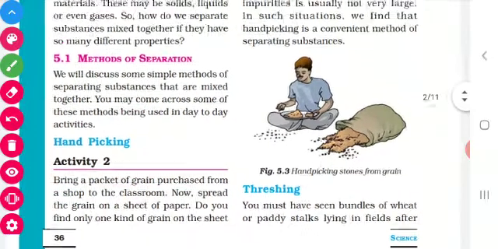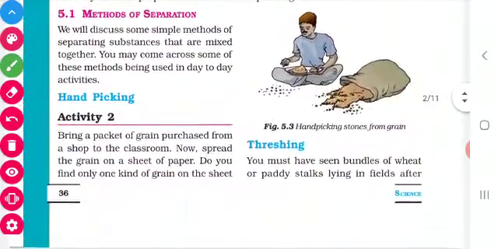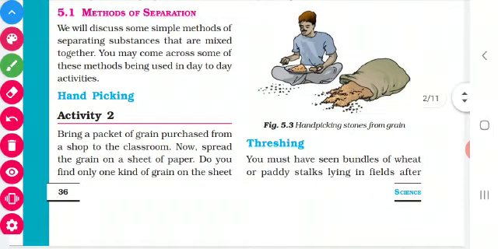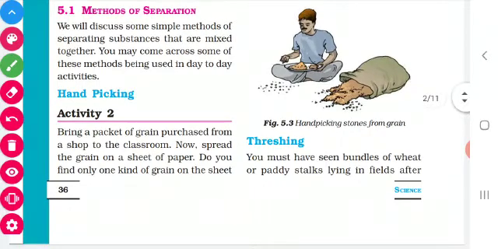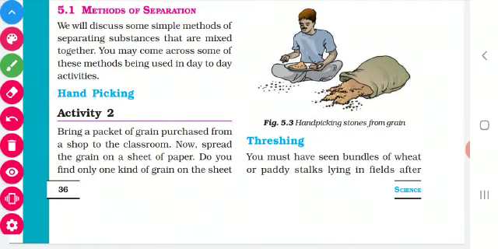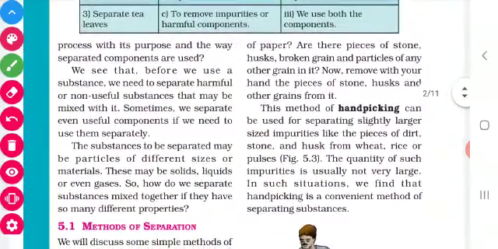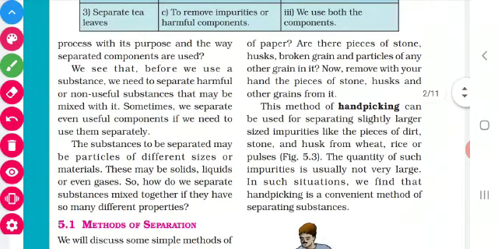For this I will give an example. You take a cup of rice. In that you mix some dal, like some urad dal, then you also mix some tur dal. So you take a cup of rice and mix some amount of tur dal and some amount of urad dal. This is a mixture, isn't it? Because it contains three substances. Now you have to separate out the rice, urad dal and the tur dal.